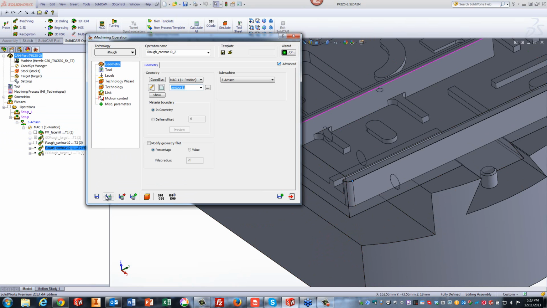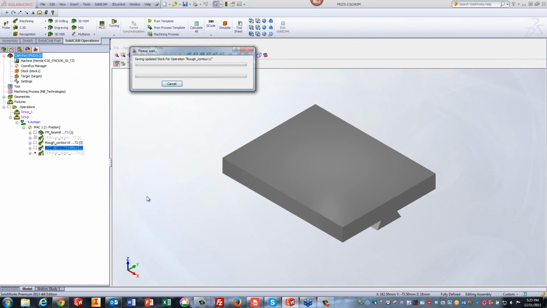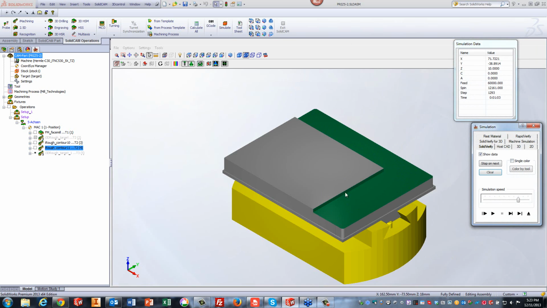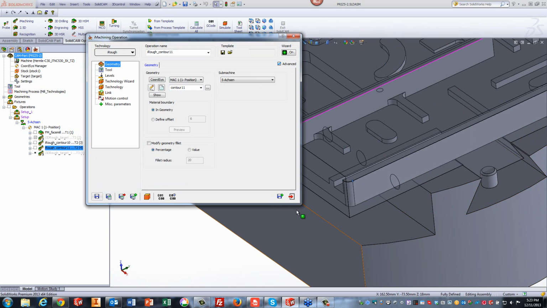We'll accept it, and we just do save and calculate. As we take a look again at our simulation, you'll see that this time it mills exactly where I want to over there. Now I have to go down to my next step. Now my next step